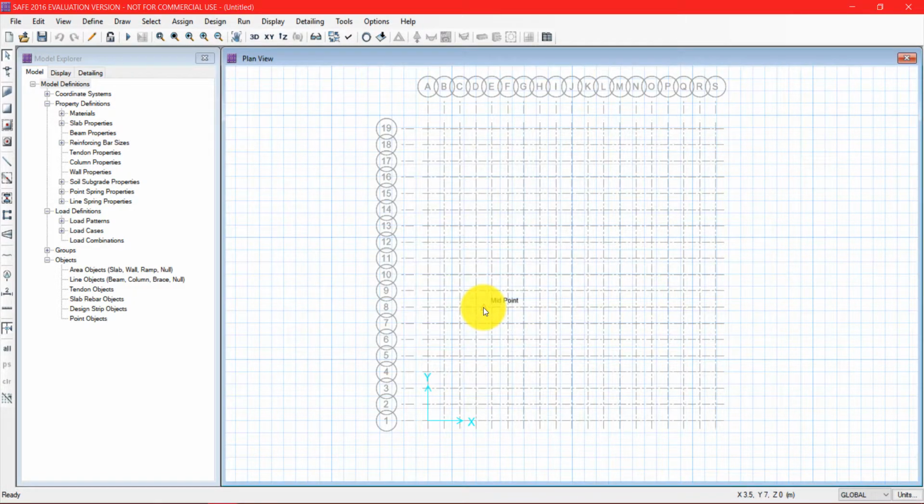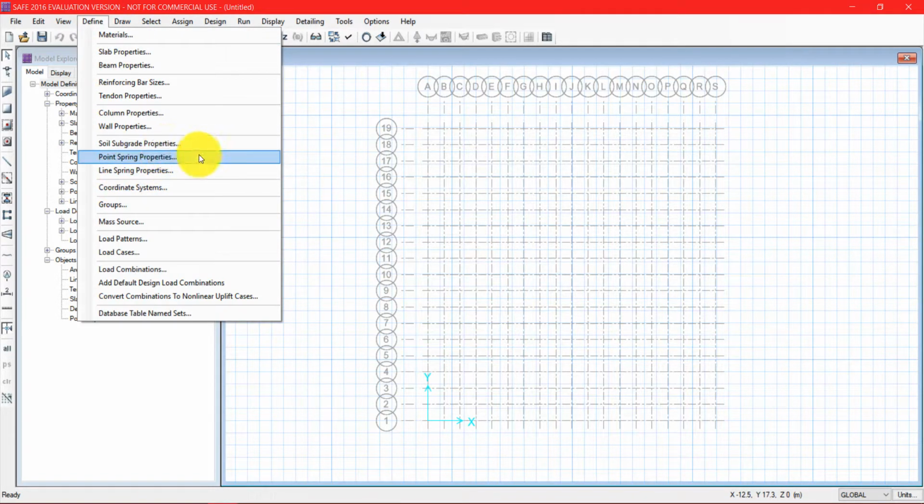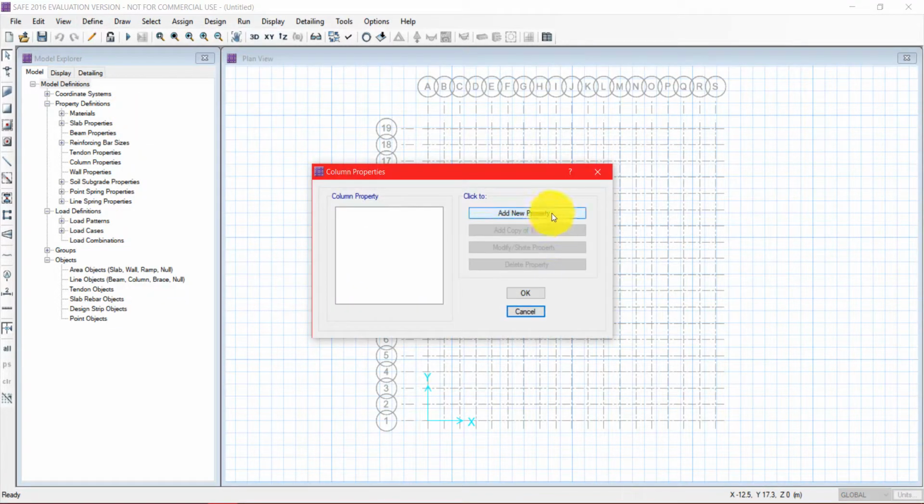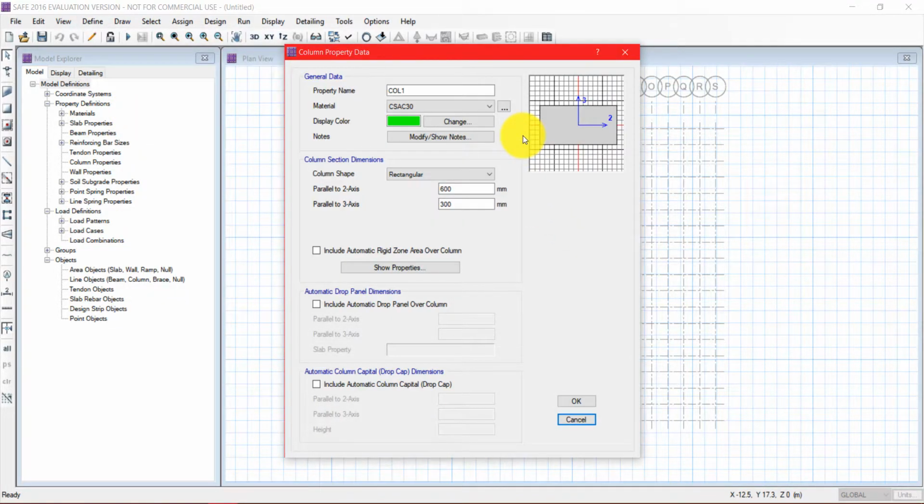Let's move on and define our columns. We will be having two types of columns. One will be of 500 into 500 mm and another one will be 600 into 600 mm dimensions. So let's define our column 500 into 500 dimensions. We'll be taking M40 for the column.